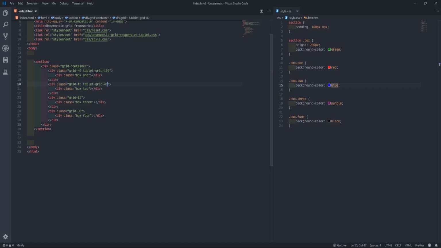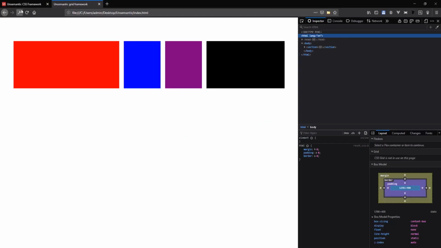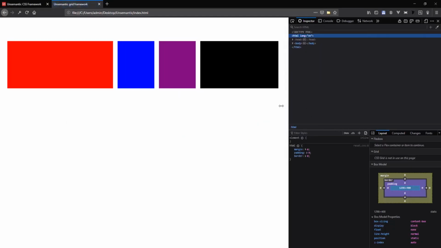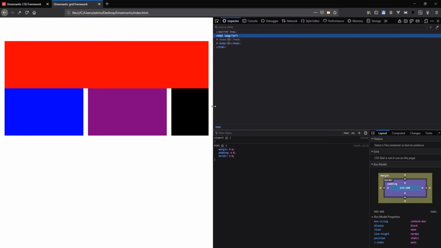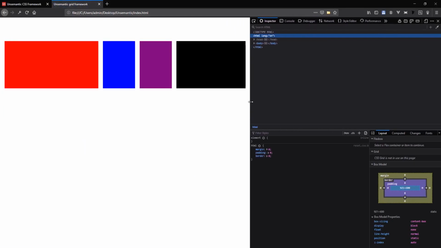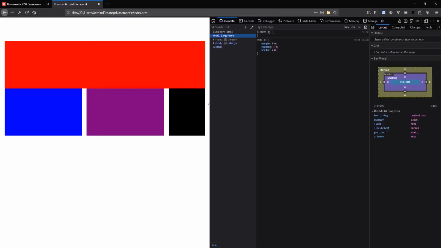Then this other 15 again, we'll say tablet grid 40. Then this other one will say tablet grid 20. So more scroll. You see what happens also. See, this has broken now.